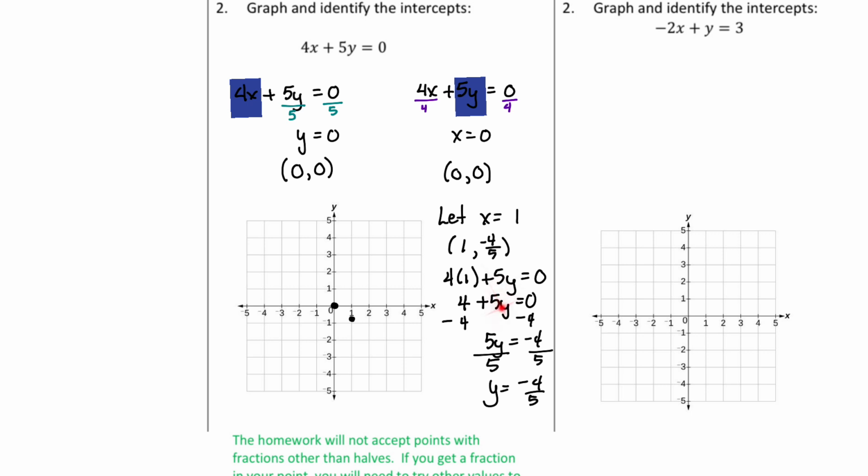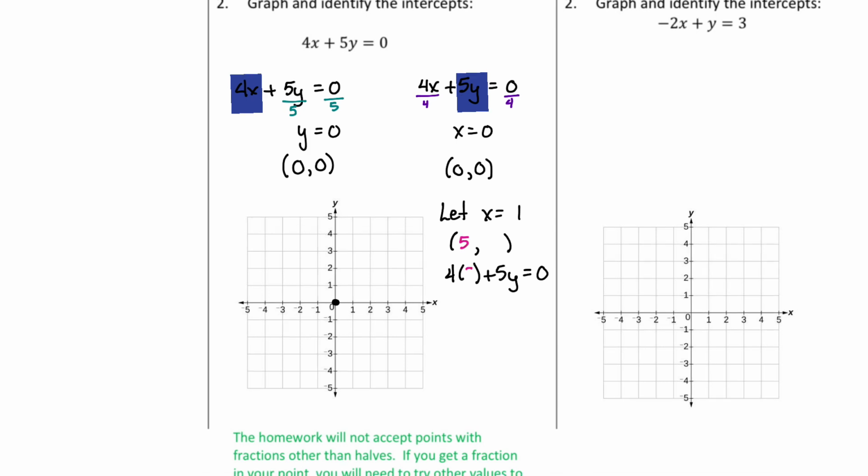Okay, so right here, I'm dividing by 5, right? So I need this number to be divisible by 5, which comes from here, which came from subtracting here. So I need this number to be divisible by 5. So what if I times by 5? Okay, so if I let x be 5, now I get 20, add 5y equals 0, subtract 20, and now